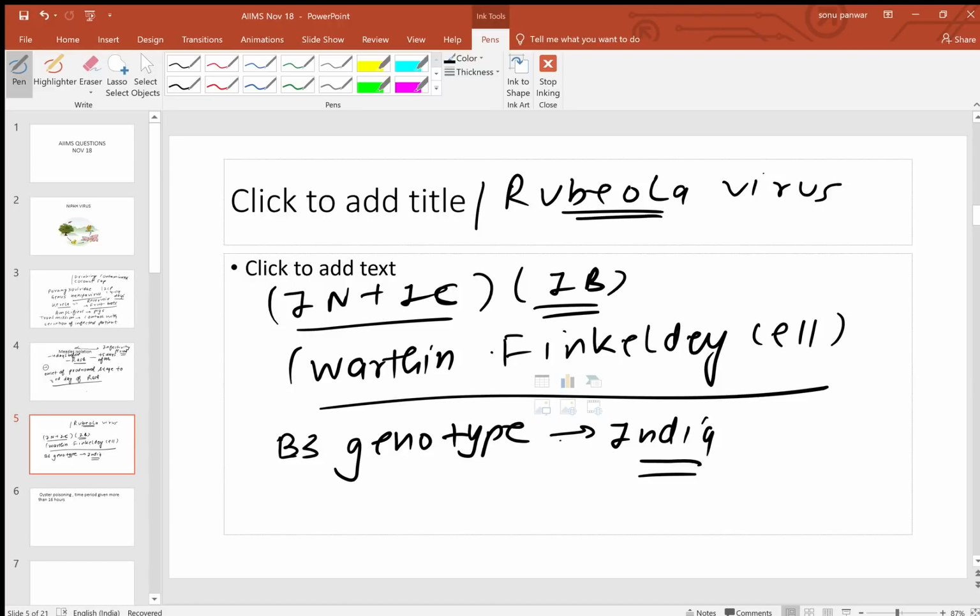And what is the incubation period of measles? The incubation period is around 10 to 14 days. Remember this particular one. The fever comes on the 10th day after the infection, then the Koplik spots on the 12th, and then the rash comes on the 14th. So this is the sequence: firstly the fever on the 10th day, then Koplik spots on the 12th, and the rash on the 14th day. Okay, so this is what you need to remember regarding measles.